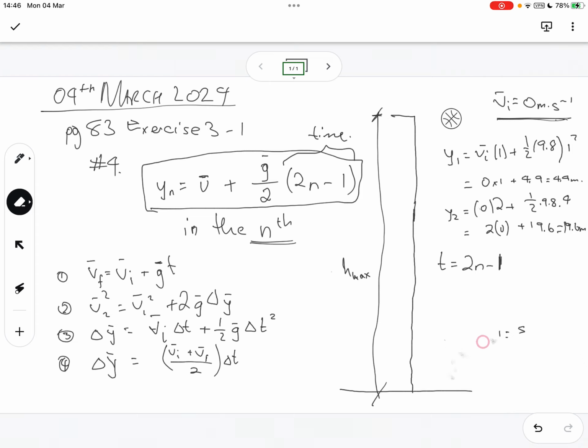At t equals 3, it's 6 minus 1, which is 5. Okay, maybe that's also not correct, because I thought it explains that this would give us the first 3 seconds, but it doesn't look like it's giving me that. Another way to think about this,